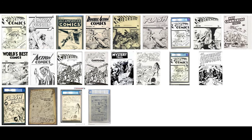Very few Ashcans were created to begin with, and of these only a tiny fraction remain. Even more unusual is that this is the only Ashcan whose cover art was not recycled from published art. Only 3 copies of the Action Comics Ashcan are known to exist. One of those is in the permanent archives of DC Comics, and the other is in the hands of a